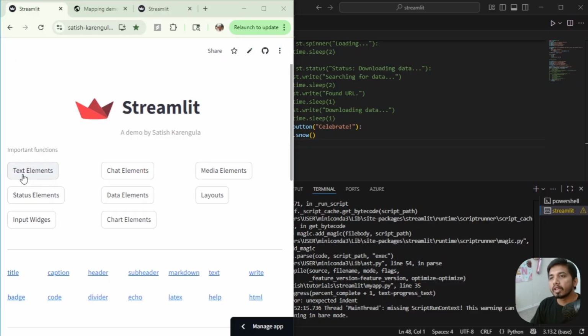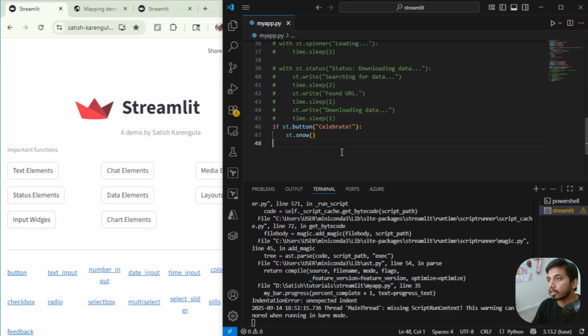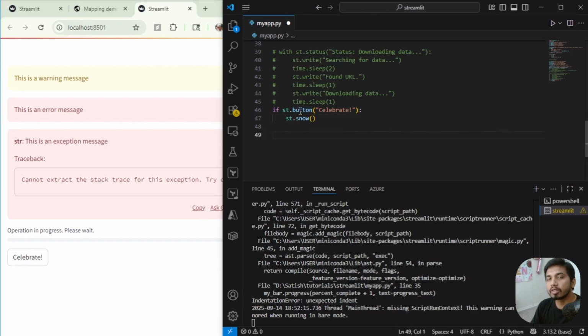Amazing. With this, we have completed text elements and the status elements. Let me go through the input widgets. This is the most important thing because we have seen one of the input widgets already. The button is one of them, one of the inputs. And then after that,